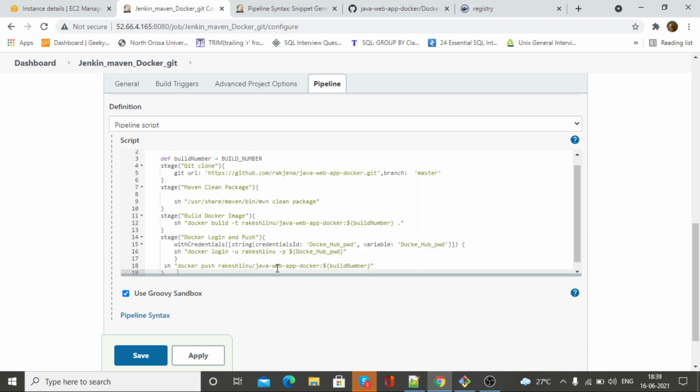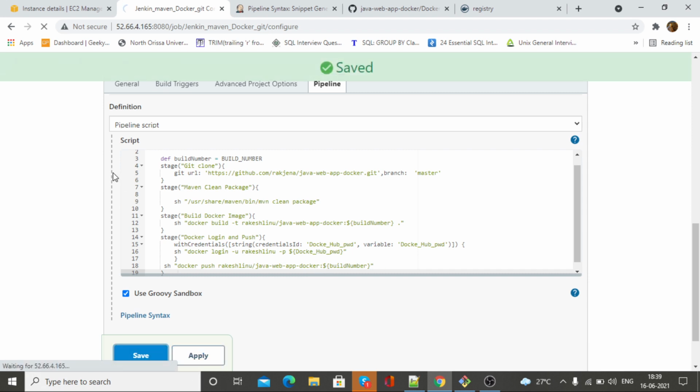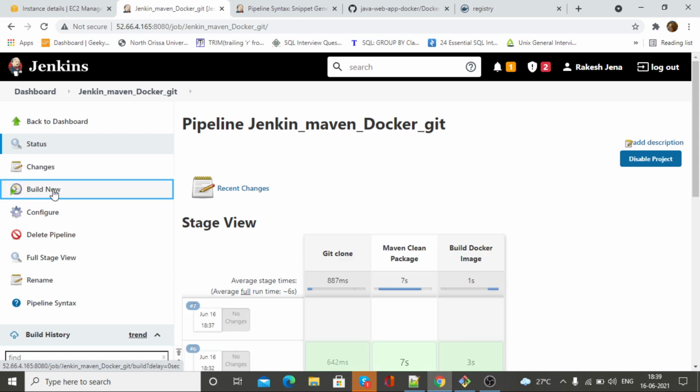So here actually I had to put it, I forgot to push this. I forgot to write this command for pushing. So here, what is docker push, then image name, then build number. Okay, then save, build now.